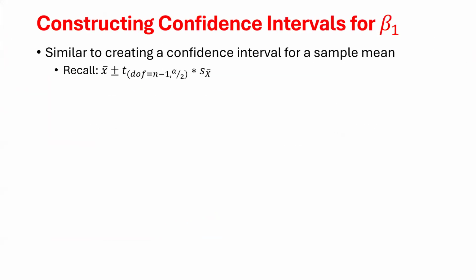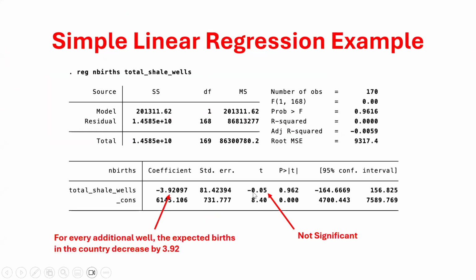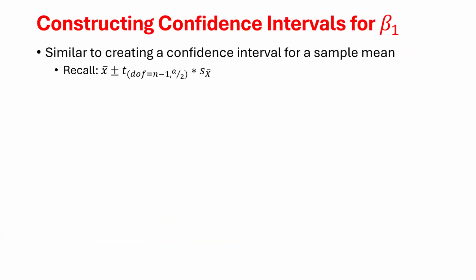So where did we leave off? So we started talking about simple linear regression, making interpretations of the coefficient, slope, and intercept, determining if it's statistically significant, being able to do rejections using hypothesis testing. Just like we could with sample means, we can also build confidence intervals. Okay, so